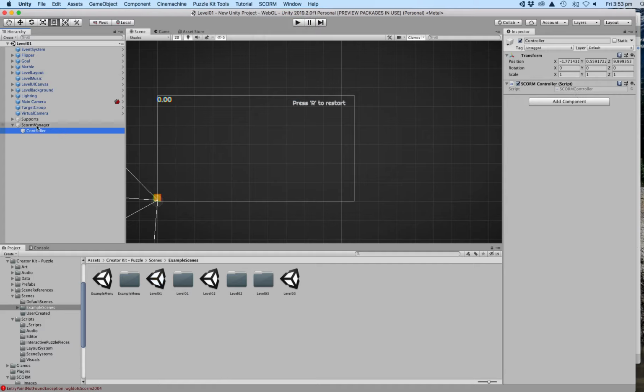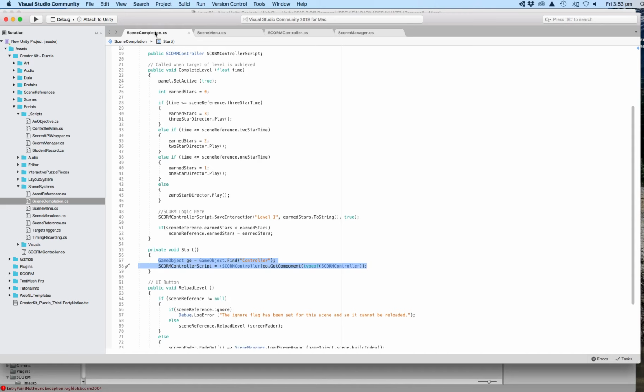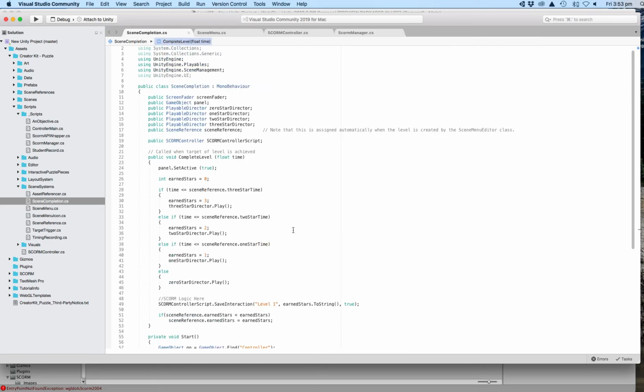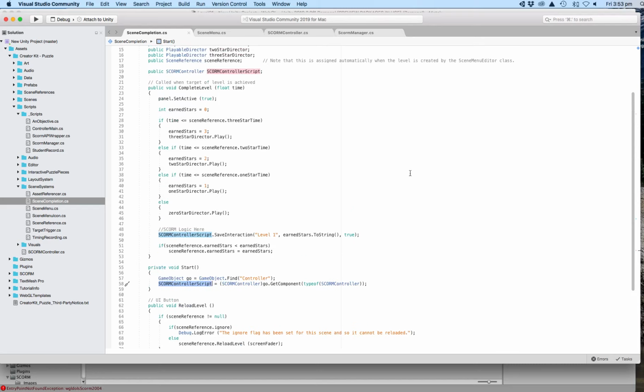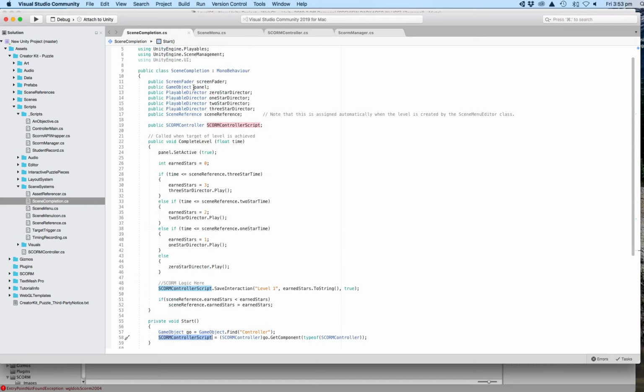And then we looked into the scene completion. The same sort of thing. We needed the scene completion script to know about my controller, and we did that again. On the startup we say find the controller object, find the script that's attached, and make that local variable, or the class variable, equal to that. And so then